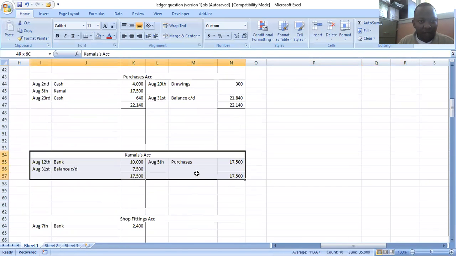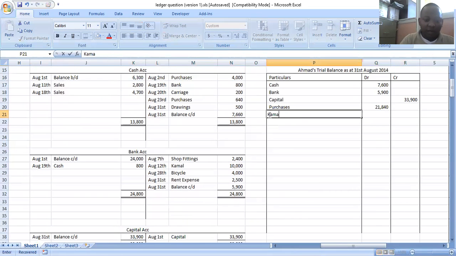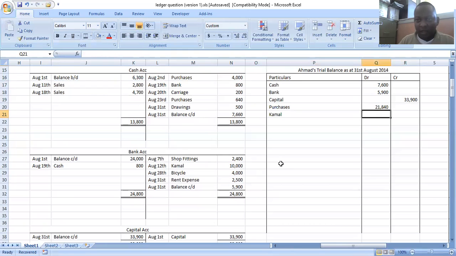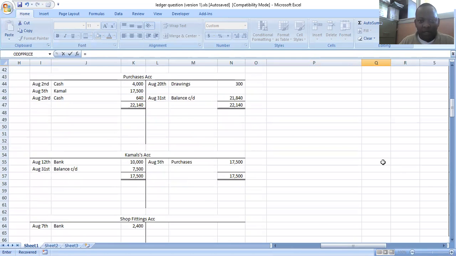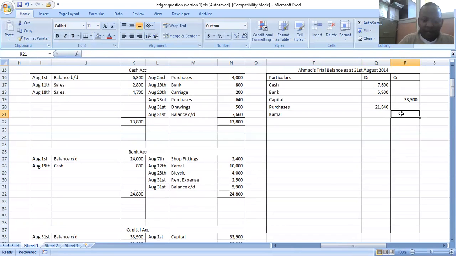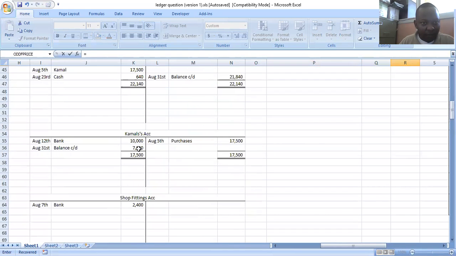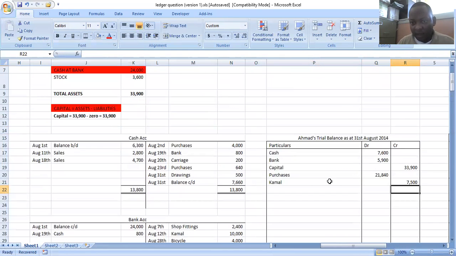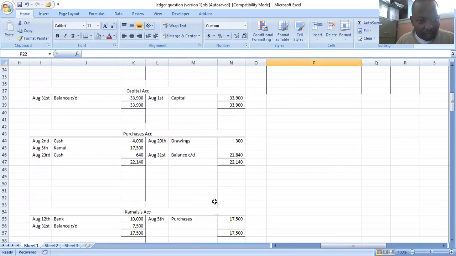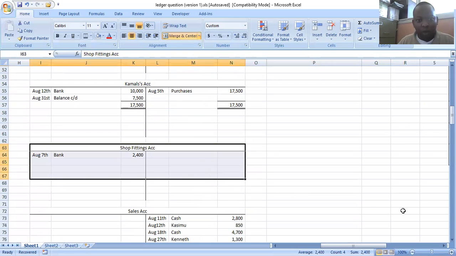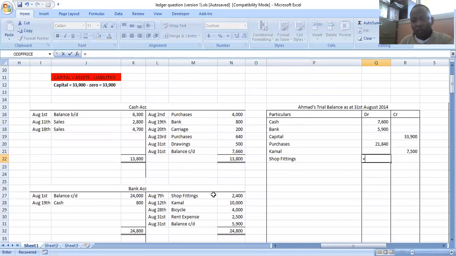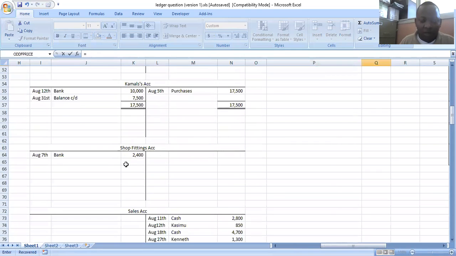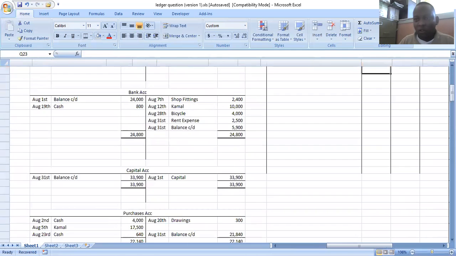After purchases, the other account you have is Kamal's account. So Kamal, the balance is 7,500, which is a credit balance. Kamal is a credit balance of 7,500. So you have it there, credit. After Kamal, the other account you have is shop fittings, 2,400. Assets will always have a debit balance, and as you can see, it is a debit balance. So shop fittings,